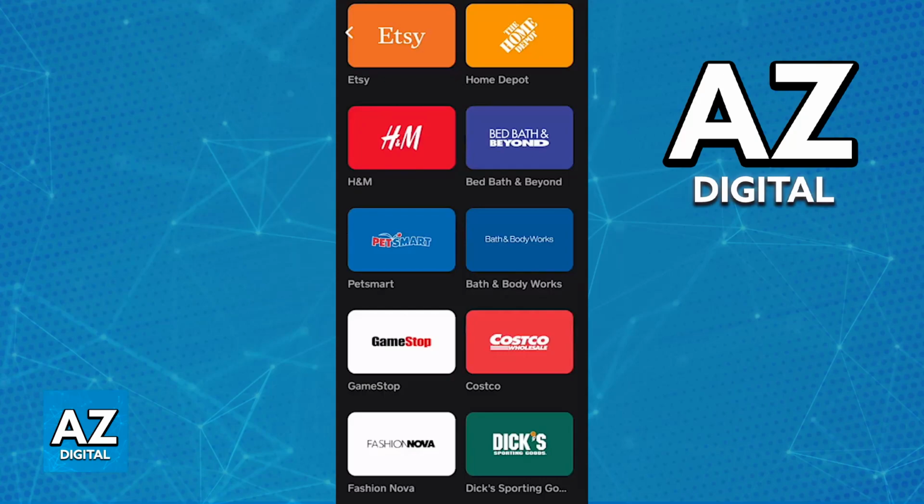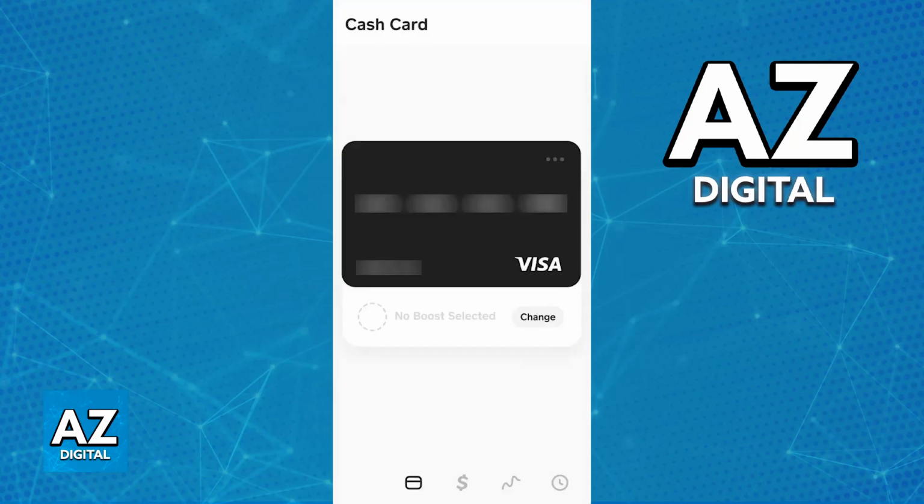After they receive the gift card, they will have the option to use it as a physical gift card or activate it digitally through Cash App itself. They will have to go over to the Cash Card window as you can see on screen, and at the bottom they will have plenty of options related to gift cards after they received one from you. So this is how you can send and use gift cards inside of Cash App.